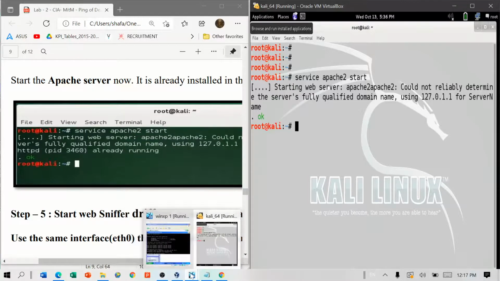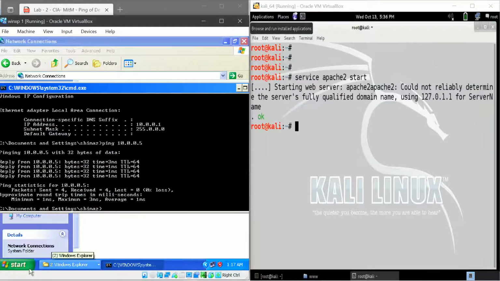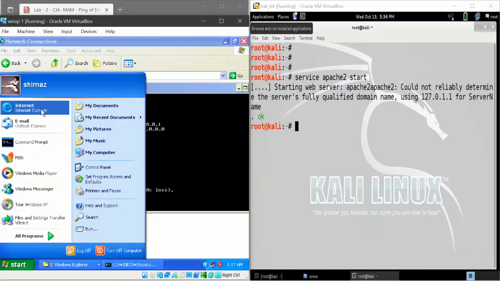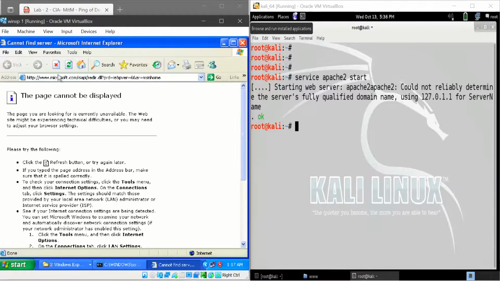We'll go to the XP. Start the Internet Explorer. HTTP, the IP address of the Kali, slash index dot html.